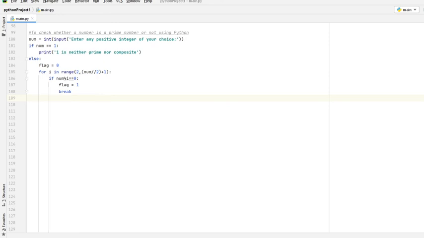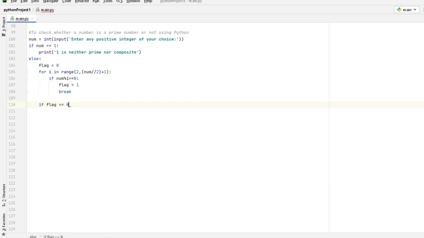Now I'll check if flag equals 0. If the number is not divisible by any of the numbers in this range, then the value of flag will still be 0.